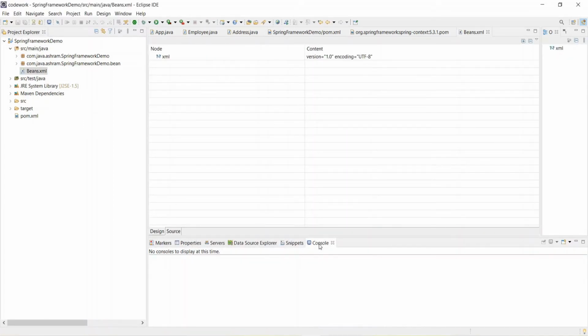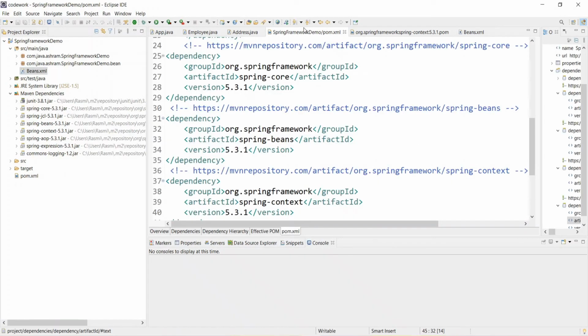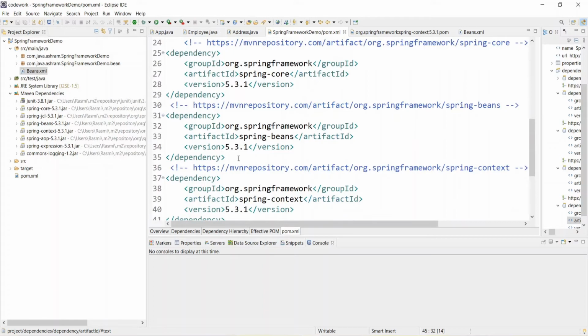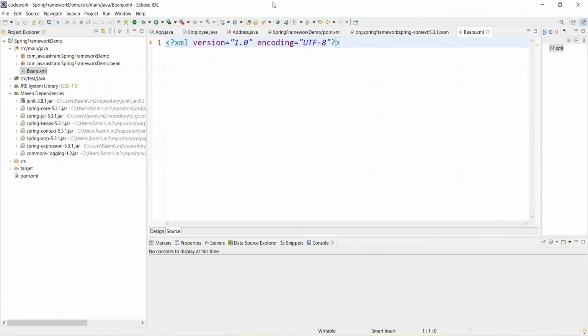So while using the Spring container, this is important, right? So what is important? You need to download this jar file, okay, and thereafter come here and you need to put all these jar files in the dependency file, you need to create a beans XML file, okay, go to the source, and you need to configure over here. So by adding the jar files into the dependency and adding the beans.xml under the source folder, we have a platform ready to write an application